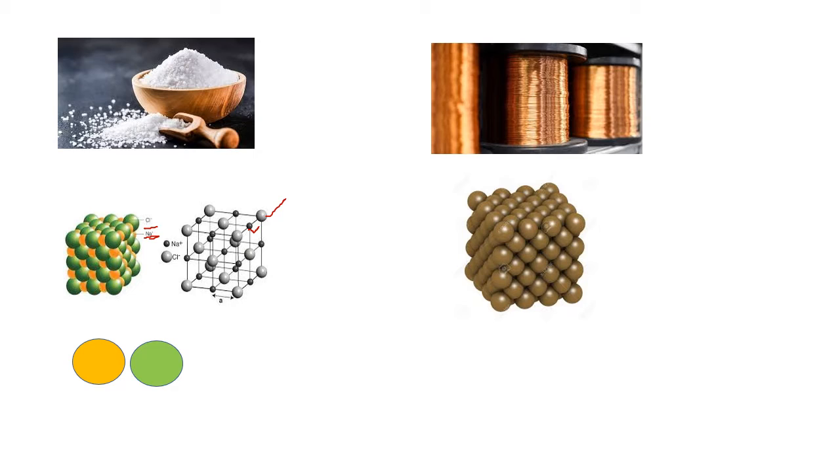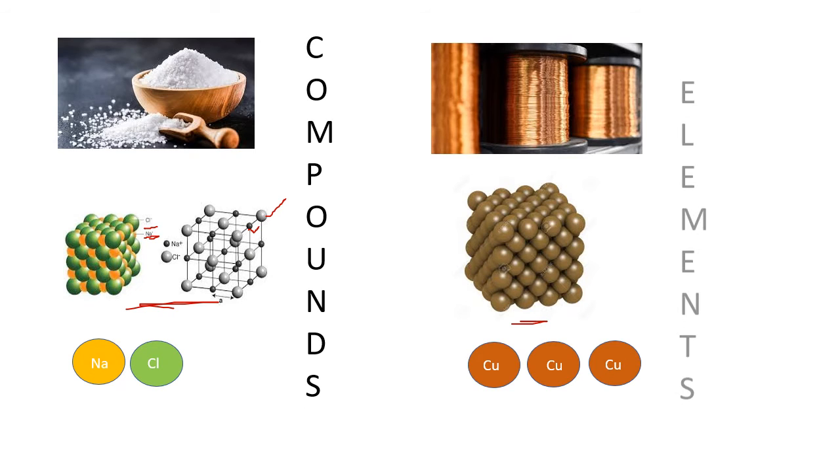Now if I try to break this, and this, what will happen? When I break it, I will get two different types of atoms. I'll get Na and Cl, because this salt is made up of Na and Cl. But if I break this copper, what will I get? I'll get atoms, but these atoms are all going to be similar, right? So